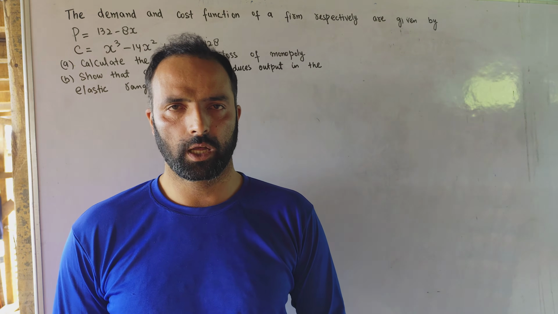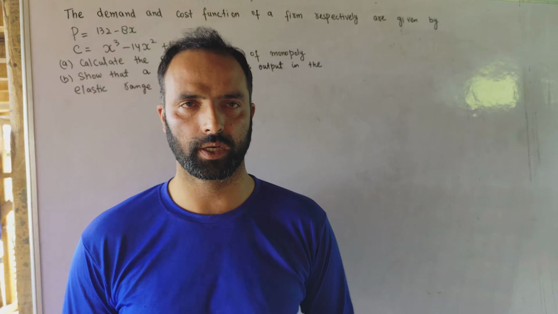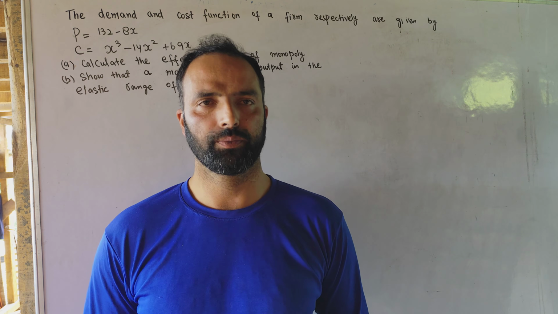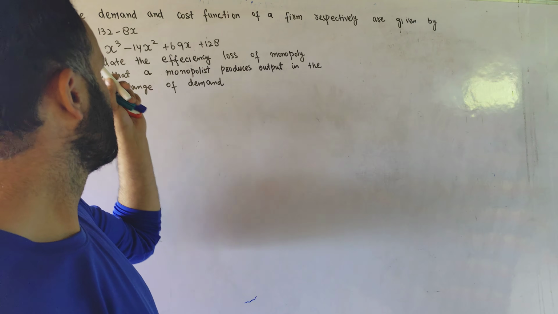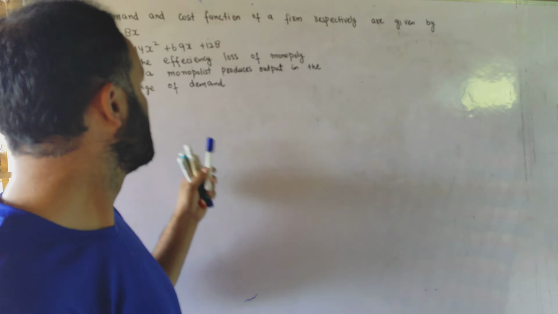In this video, we will solve a question on how to find out the efficiency loss in monopoly. This question was asked in the Indian Economic Service paper. The question is, the demand and cost functions of a firm are given respectively as, we have been given